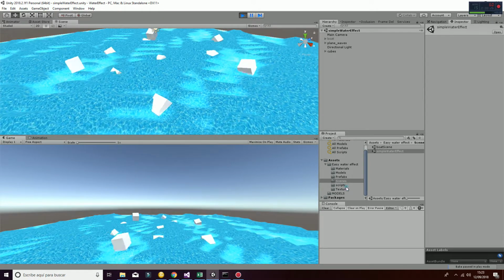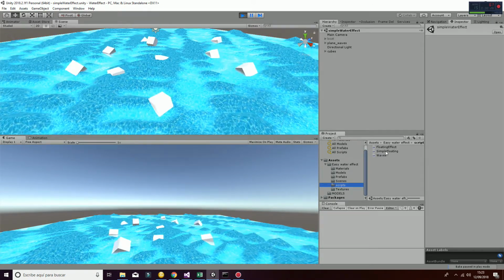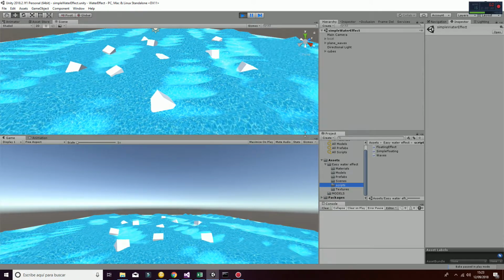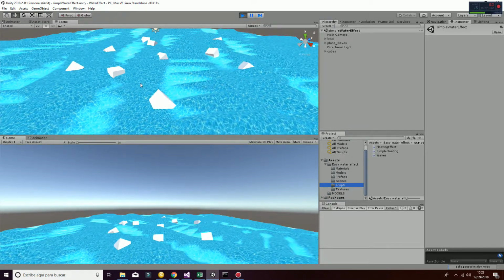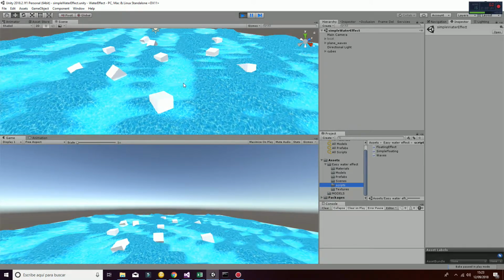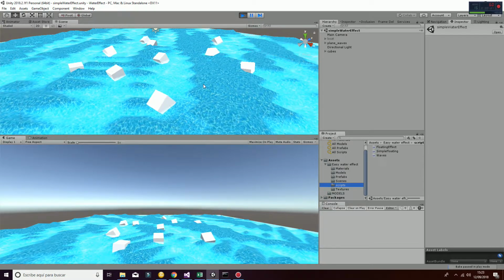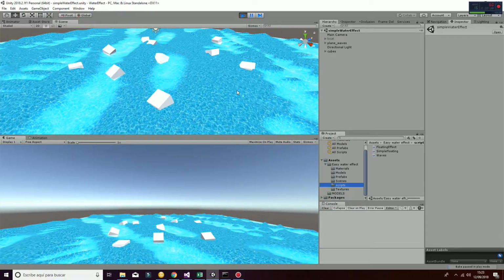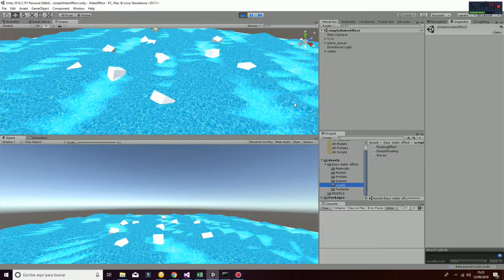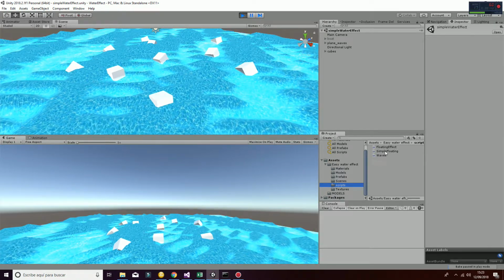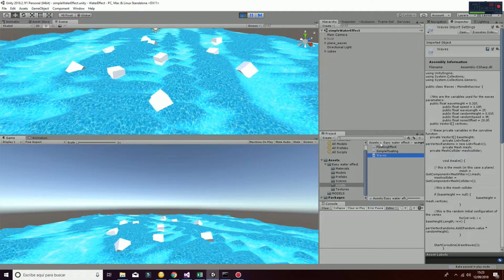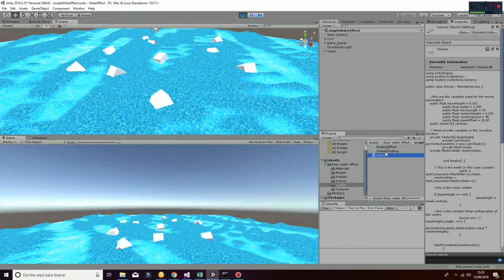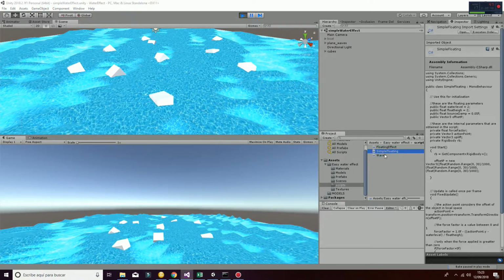And that's controlled by a script that is called the simple floating. Then we have a surface that is being modified. Its vertices are being modified during the runtime, and that is controlled by the waves script. So if we open the simple floating and the wave script,